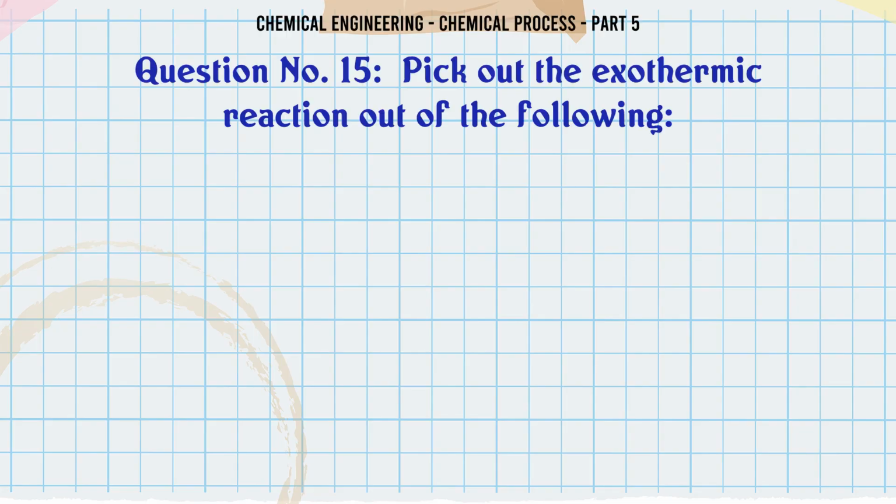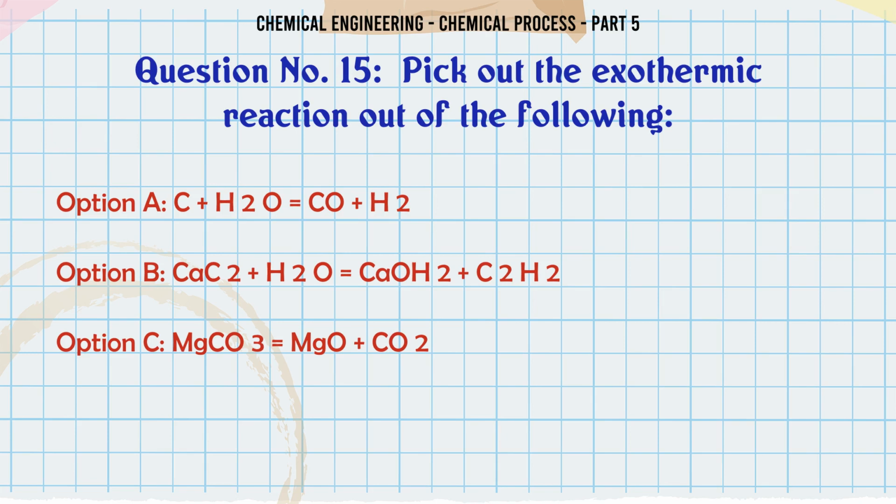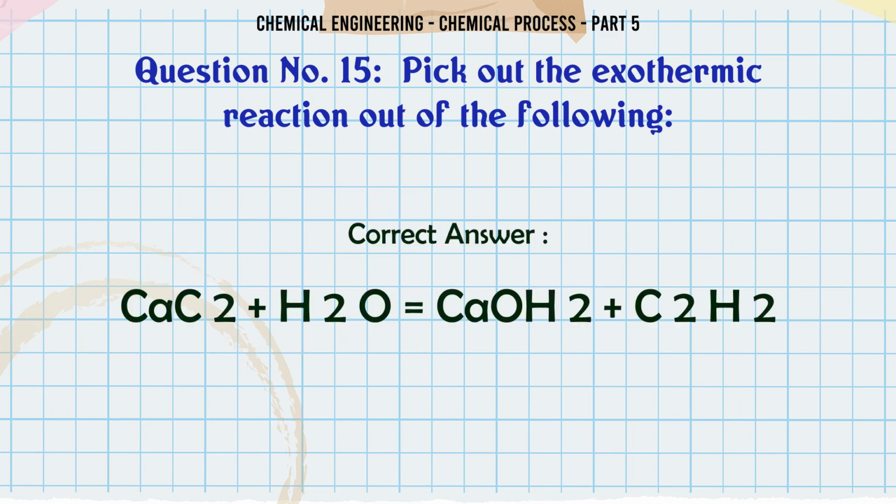Pick out the exothermic reaction out of the following. A. CH2O COH2, B. CaC2H2O CaOH2 C2H2, C. MgCO3 MgO CO2, D. all A, B, and C. The correct answer is